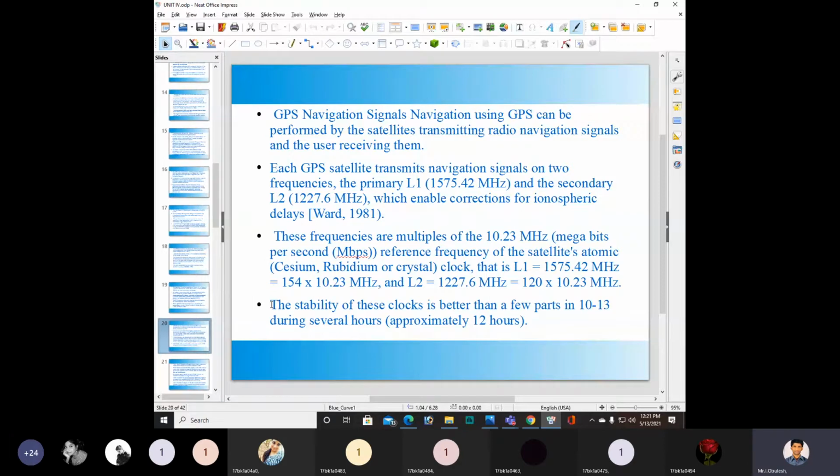And L2 is 1227.6 megahertz. As discussed, these frequencies are multiples of 10.23 megahertz, so we multiply by 154 and 120 respectively. Then you will get the two frequencies, primary and secondary.